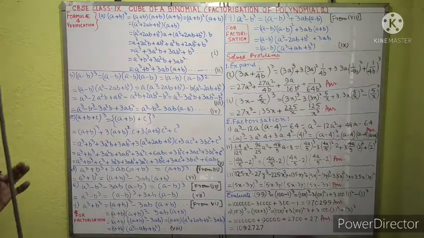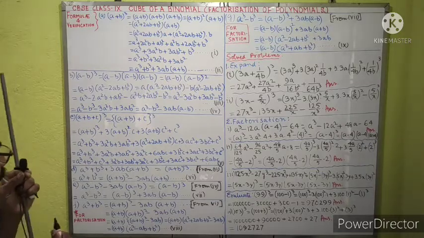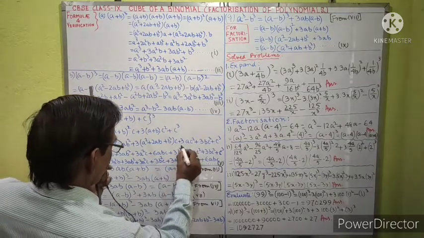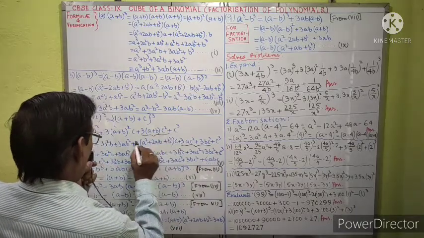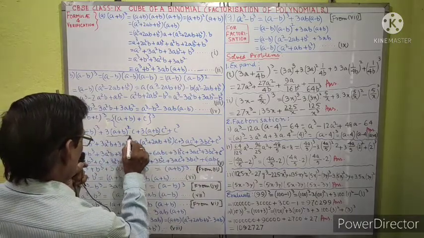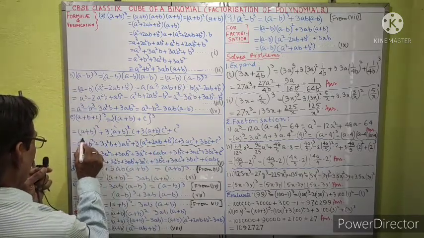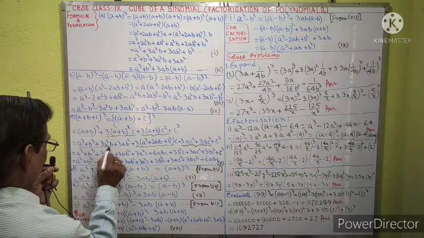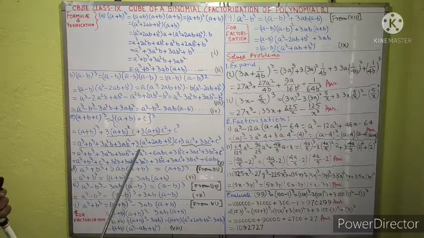Multiplying this, 3 into a plus b into c square, we are getting this one, 3 into a plus b, this is this one, and a plus b whole cube equal to this a plus b whole cube. So we are getting an expression with a and b like this way.